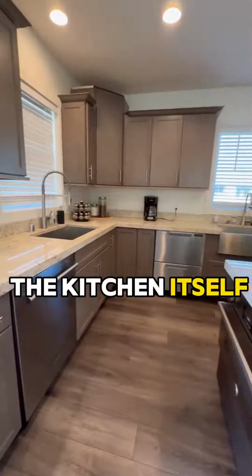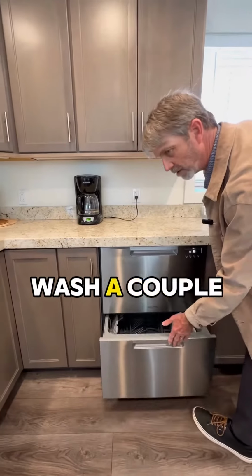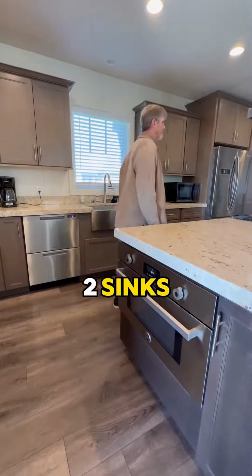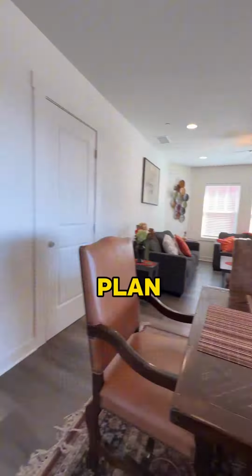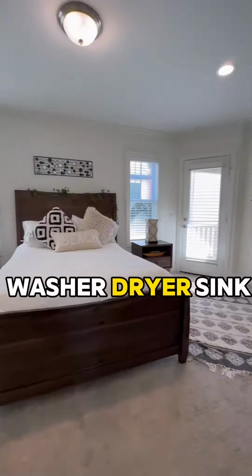The kitchen itself has high-end appliances, 2 dishwashers: wash just a couple things, wash a couple more things, or wash everything when you have the big party. Warming drawer, 2 sinks, granite countertops, and a cooktop. Refrigerator, freezer combo, owner's locked-in closet, super open floor plan, highest-end vinyl plank flooring, large laundry room, washer, dryer, sink,